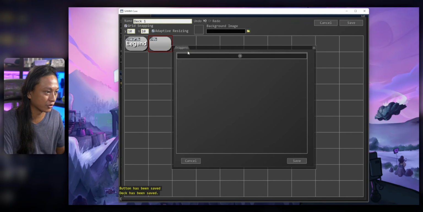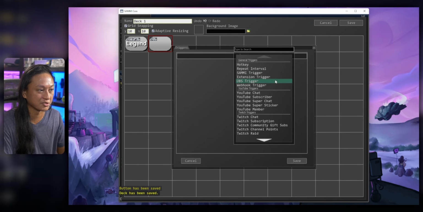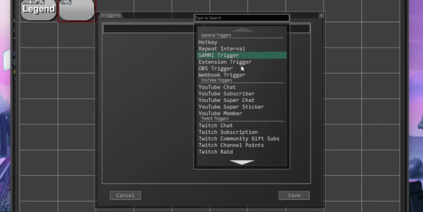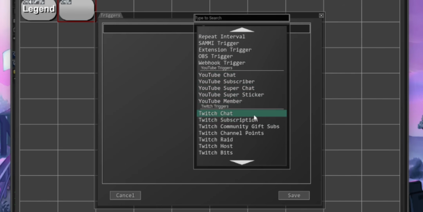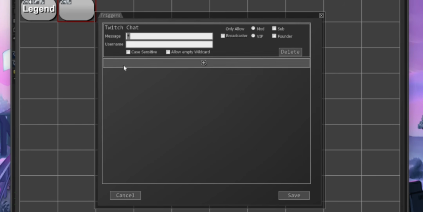So right click, go to triggers. We're gonna add a new trigger. So every time someone in chat types in a message, we want to post that response back. So we're gonna click on the trigger, will be a Twitch chat. And what do we want to trigger our command? Let's just say